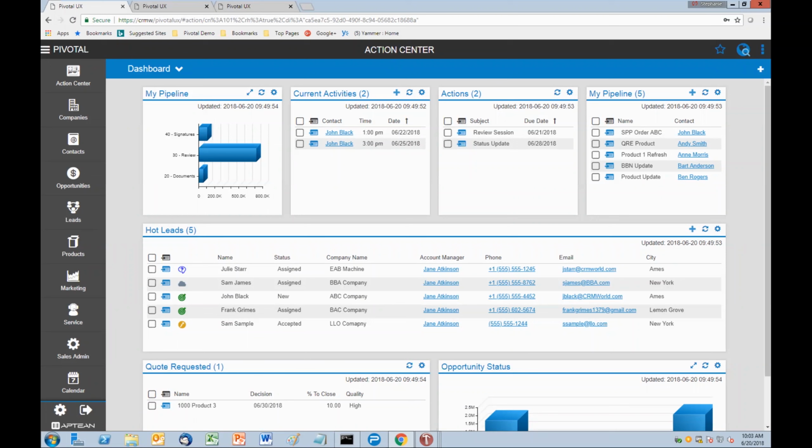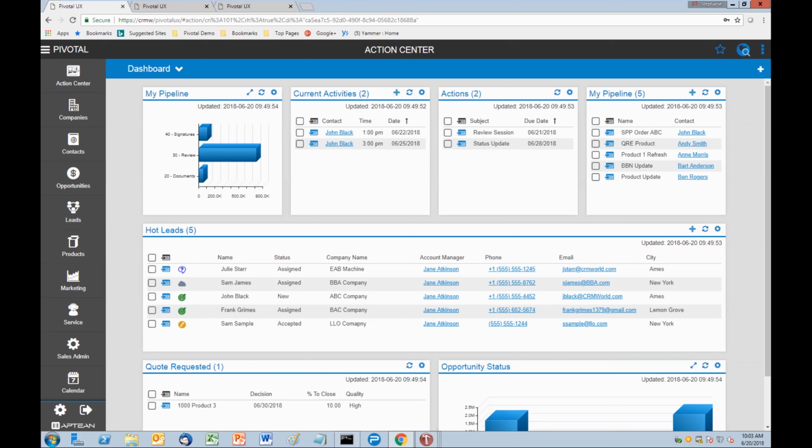Now, for those of you that were part of our earlier sessions, we talked about dashboards in each of those. In our first meeting several weeks ago, we talked about the mobile experience within Pivotal UX. A couple of weeks ago, we talked about how you can use Pivotal UX inside of a desktop environment. We're going to build off of those concepts as we look beyond typical data entry and how we can maximize information with tools that are already part of Pivotal UX today. So to understand how this information is viewed, let's look at some dashboard